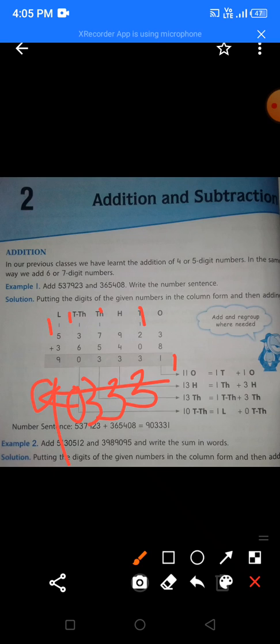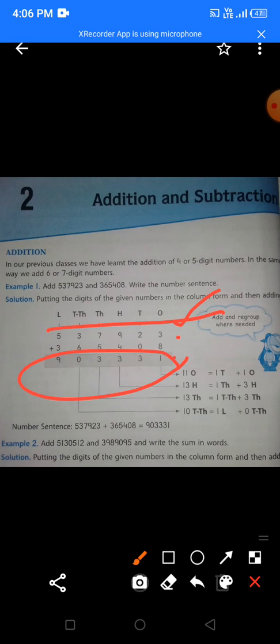So children, it is the same way that you have done in your previous class. Nothing new. Okay. So same way, how will you add this number? How will you solve it? I have told you before also, you will just write the place value. आप सबसे पहले place value लिखेंगे. Then you will leave one line here. Then you will write both the numbers and then you will add and you will get the number.